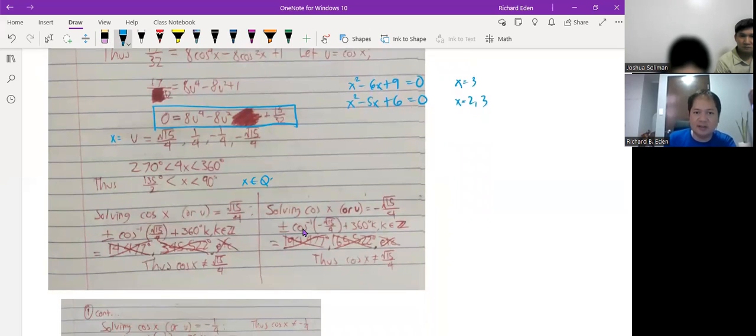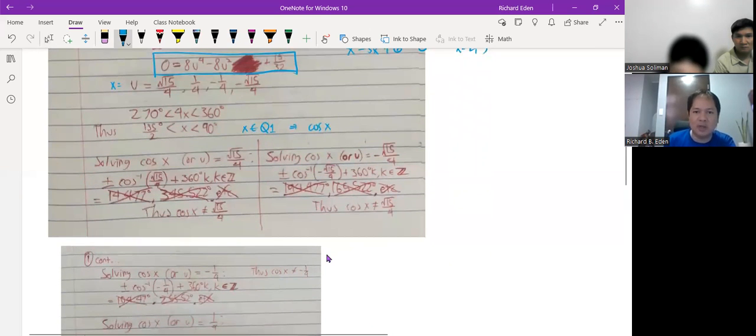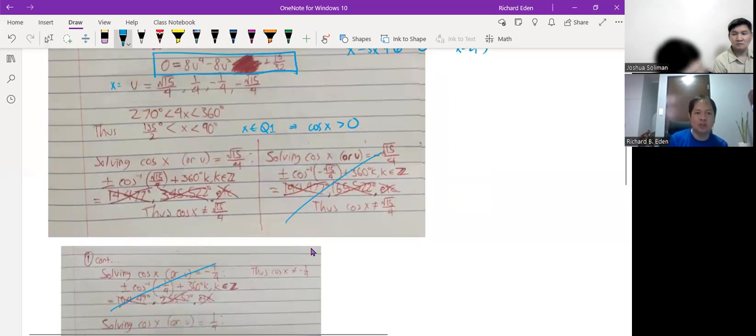And because x is in the first quadrant, that means the cosine of x is positive, which allows us to eliminate right away. Eliminate yung mga negative. So not necessary. Also this. So because cosine of x is positive,